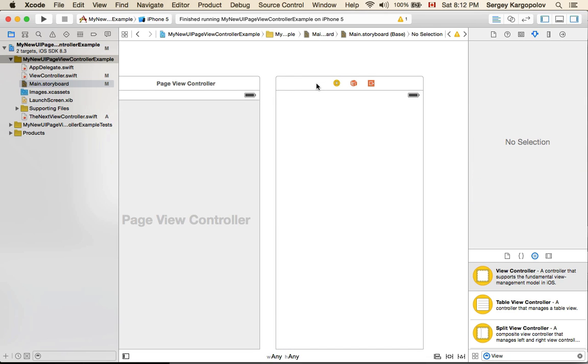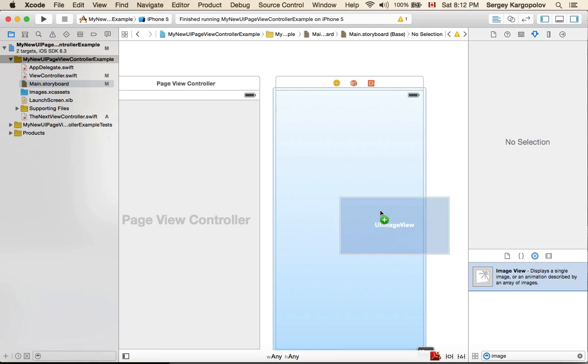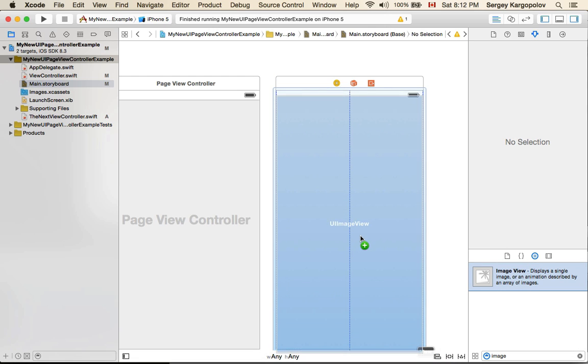Now, the tutorial page content holder is the place where we create the design for our tutorial pages. In my case, this page will have only one image view, and it will hold a screenshot of my mobile app. So I will look for an image view, drag it, and position it